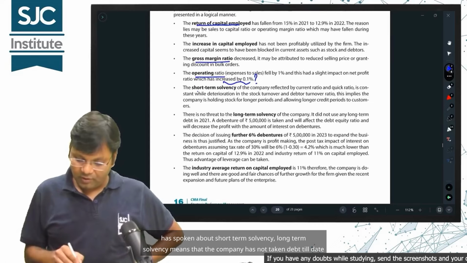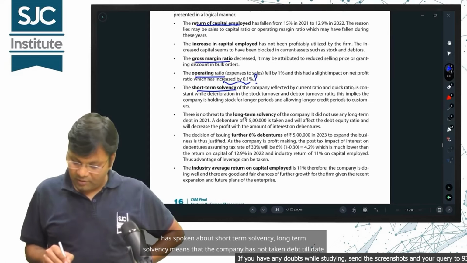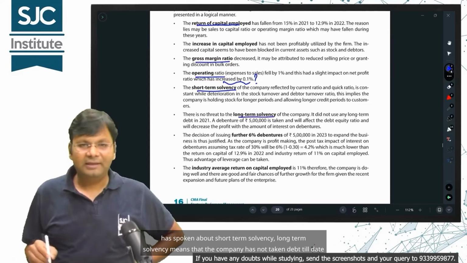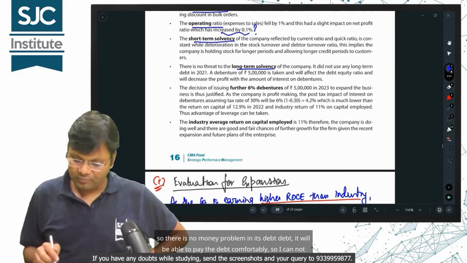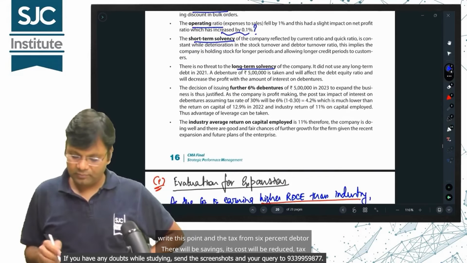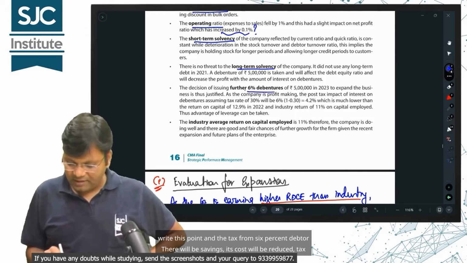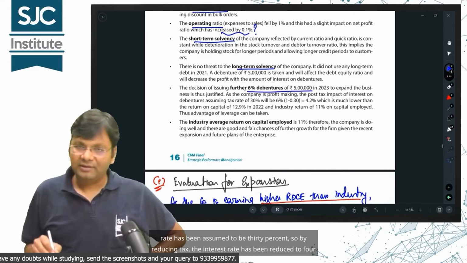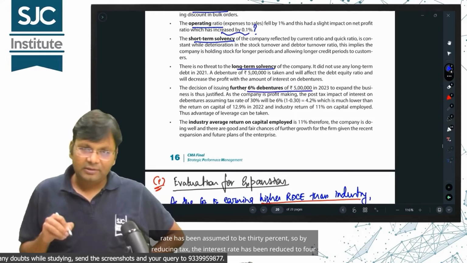It has spoken about short-term solvency. Long-term solvency means that the company has not taken debt till date, so there is no money problem in its debt. It will be able to pay the debt comfortably. So I cannot write this point and the tax. From 6% debt there will be savings, its cost will be reduced. Tax rate has been assumed to be 30%, so by reducing tax, the interest rate has been reduced to 4.2%